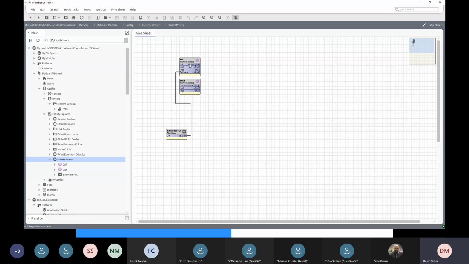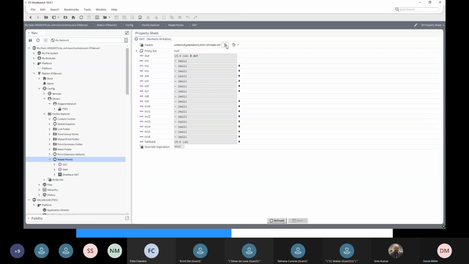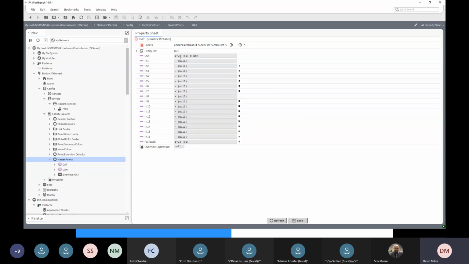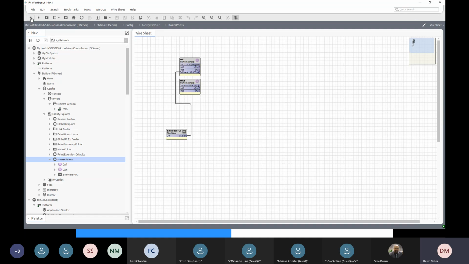We go back, look at our temperature. We want to change that to be temperature, degrees Celsius, 1 decimal place. Okay, so there's 17.3 degrees C. Yep. So I've got these master points in my FX server,